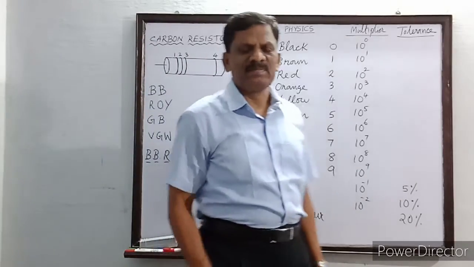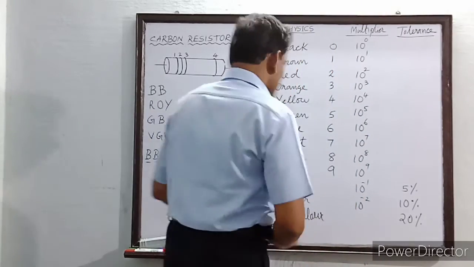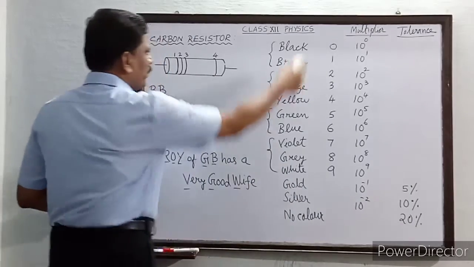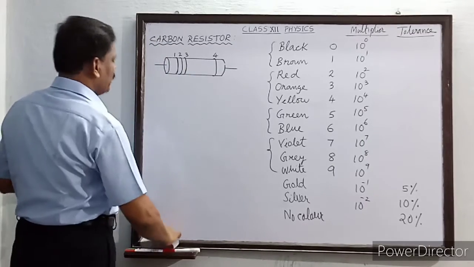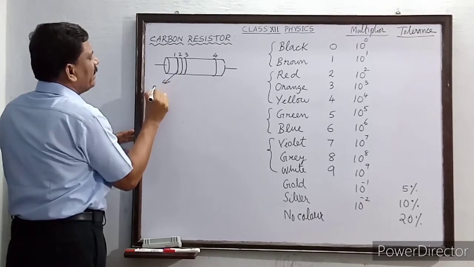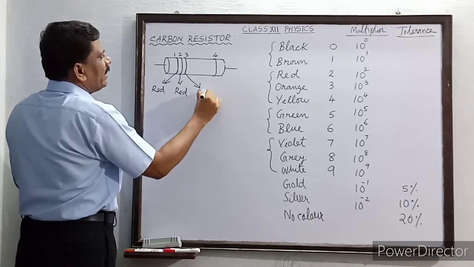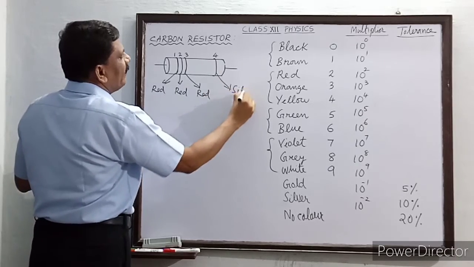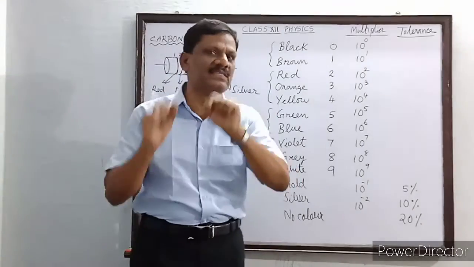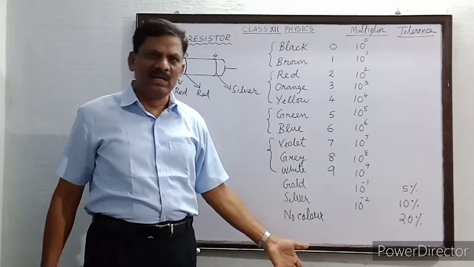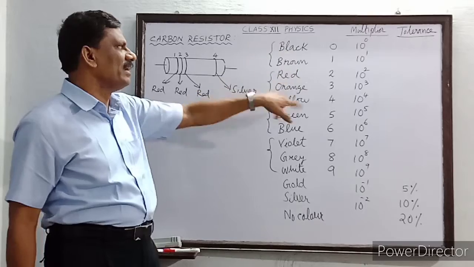Now I am going to explain how to find out the value of the resistance. Okay, very simple. So only one numerical we are going to do. You can have this table for your reference, and let us take the first ring. The first ring is red, and the second ring is also red, third also is red, and the fourth ring is silver. This is the best example from which you can learn thoroughly how to find the value of the resistance. Now you look at that table and tell me what are the values assigned for red. All three rings are red.